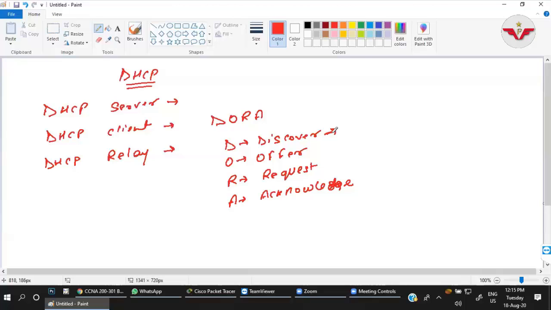A DHCP client is the host which uses a DHCP server to get the network parameters, right? So what is the process it follows? First of all, it sends the discovery message to the network to check whether there is any DHCP server who can provide the IP addresses. So the DHCP discovery message is sent by the client.